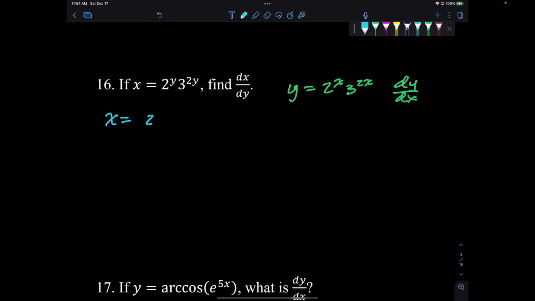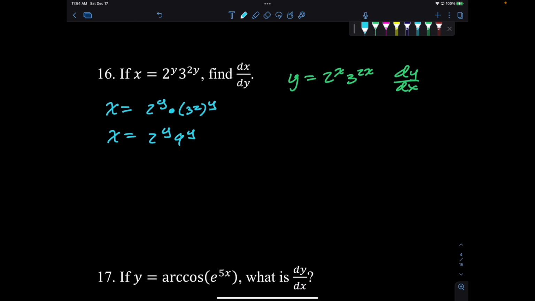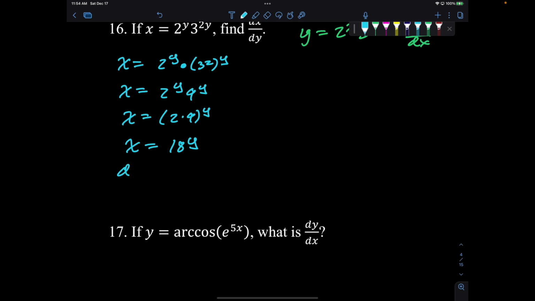I can rewrite this as 2 to the y, and I'm going to make this 3 squared to the y. So that's 2 to the y, 9 to the y. Now they have the same exponent, so we can multiply the bases: 2 times 9 to the y. So x is 18 to the y, which means dx/dy is going to be 18 to the y natural log of 18 times the derivative of y,